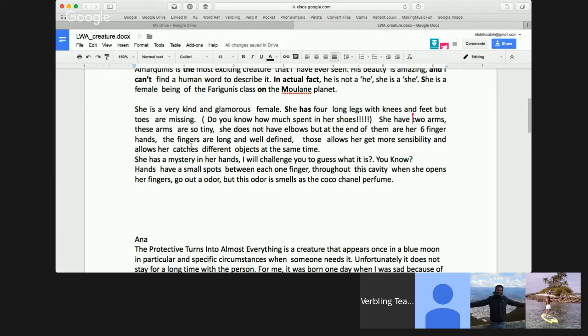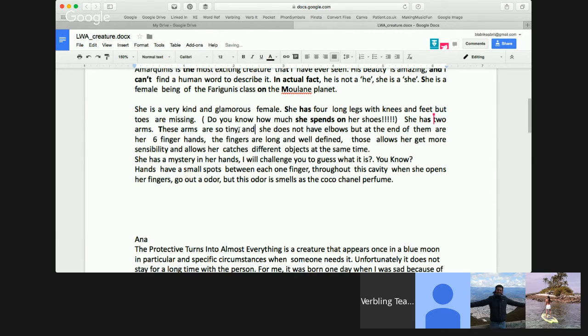Okay. So do you know how much she spends on her shoes? To spend some money on something or time on something. She has 2 arms. And then, because you're going to say something else about them, you need a new sentence. These arms are so tiny, and she does not have elbows, but at the end of them are her 6-fingered hands. She sounds so crazy, Julian. 6-fingered hands. Full stop. The fingers are long and well defined,